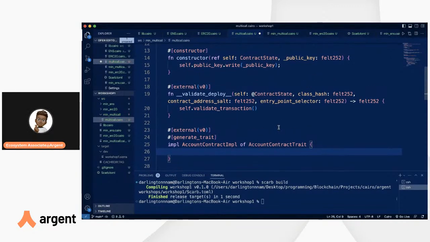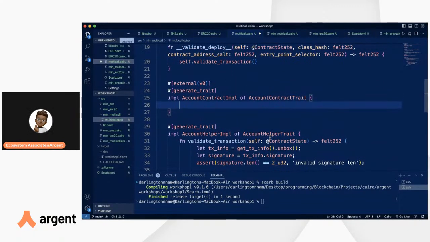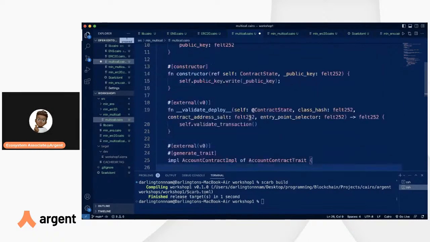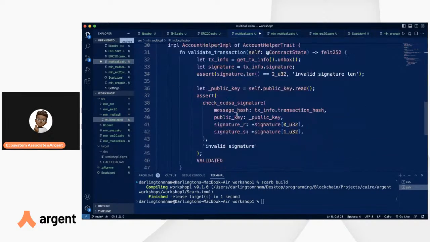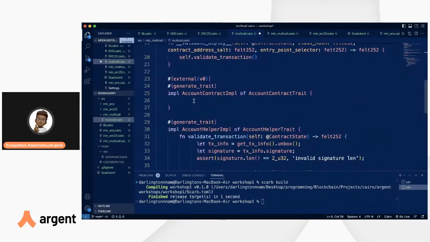One more thing I just realized is we would need the call struct. Rather than specify it manually, we could just import that from, I think, account call. We could get the call struct from there. That's possible. All right. So within the account contract implementation, we want to start with